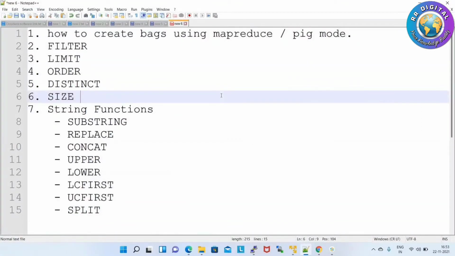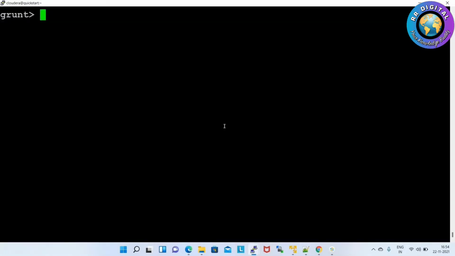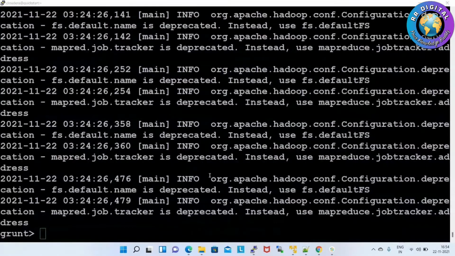First we'll create one bag in Pig mode or MapReduce mode. Now, how to log in to MapReduce or HDFS mode. Pig, this is the command to enter MapReduce mode. So I have logged in.